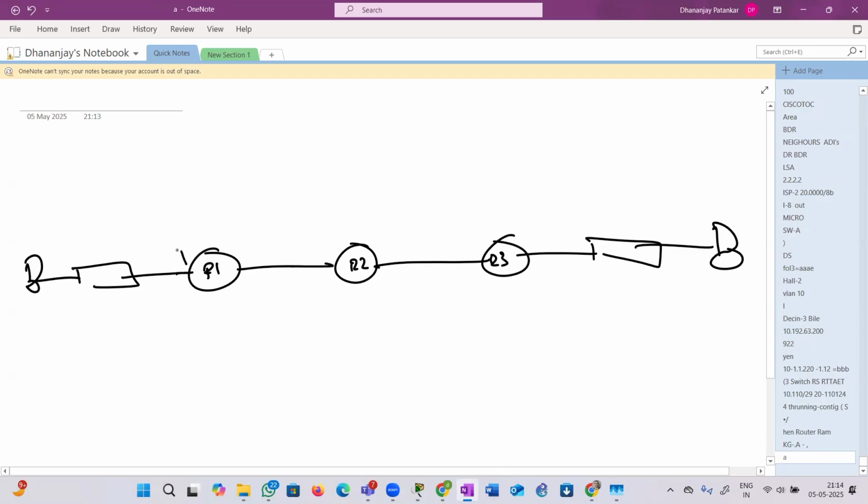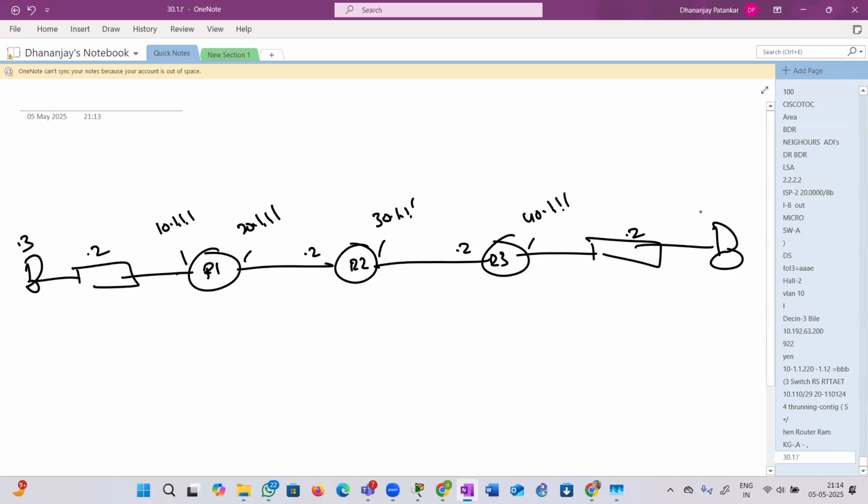This is 10.1.1.1. This is 10.1.1.2. This is 10.1.1.3. This is 21.1.1. This is 21.1.2. This is 31.1.1. This is 31.1.2. Right? This is 41.1.1. And this is 41.1.2. And this is 41.1.3. Right? So what did we see here? I'm only looking at the C. I'm not looking at the L, right? It said I know of